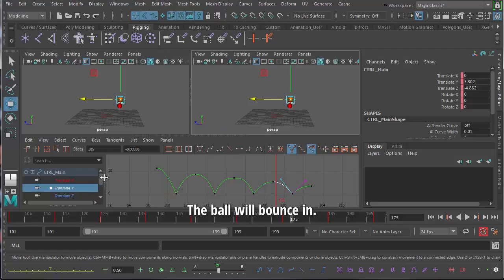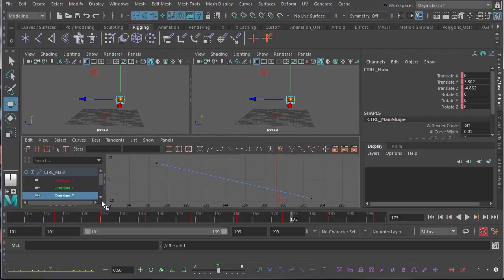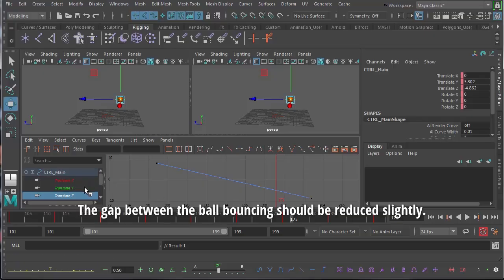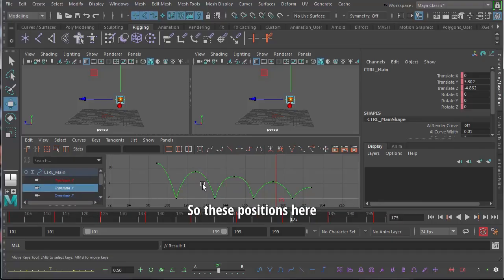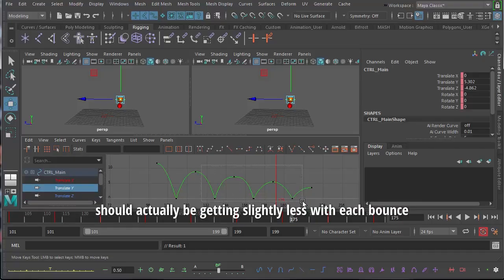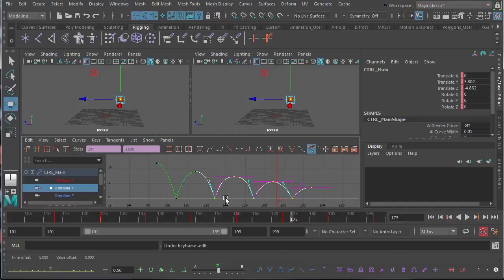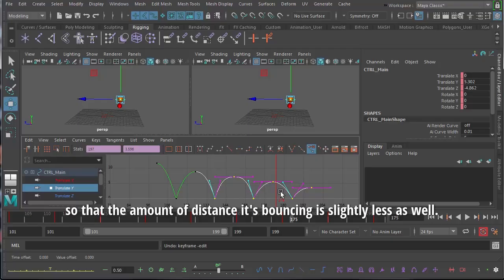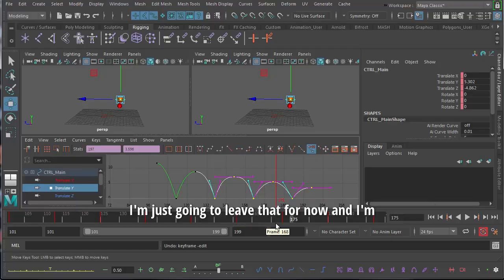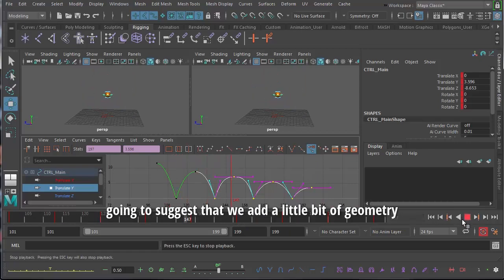The gap between the ball bouncing should be reduced slightly. So these positions here should actually be getting slightly less with each bounce, so that the distance it's bouncing is slightly less as well. But I'm just going to leave that for now, and I'm going to suggest that we add a little bit